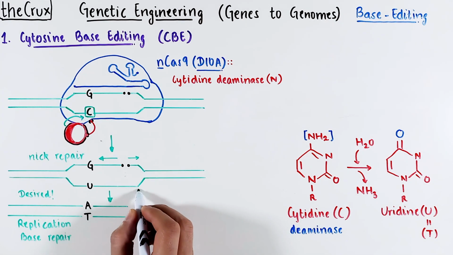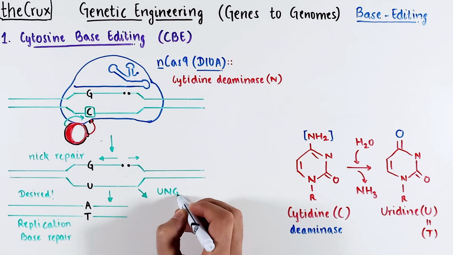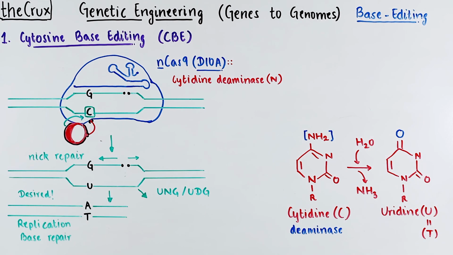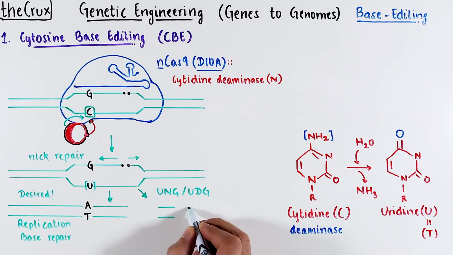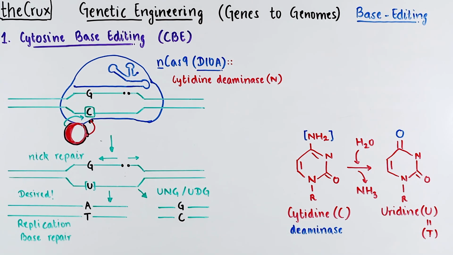Unfortunately, there are some repair proteins in the nucleus called uracil glycosylases, and their job is to remove uracil from the DNA, because uracil does not belong in DNA. So naturally, the newly formed uracil is removed and cytosine is swapped back before the base edit can resolve itself. Sometimes it is also possible that excision repair just removes the GU base pair altogether, which can result in a